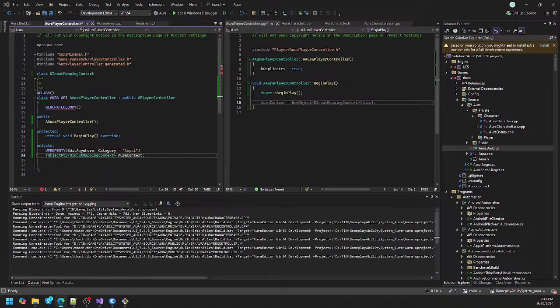Now, the way to add an input mapping context is we access the enhanced input local player subsystem. That's a subsystem whose type is UEnhancedInputLocalPlayerSubsystem. We're going to make a pointer to this. We'll call this Subsystem. And the way that we can get it is through a static function that belongs to